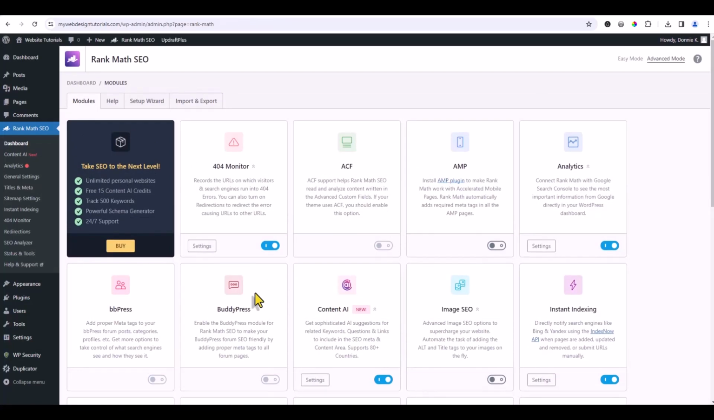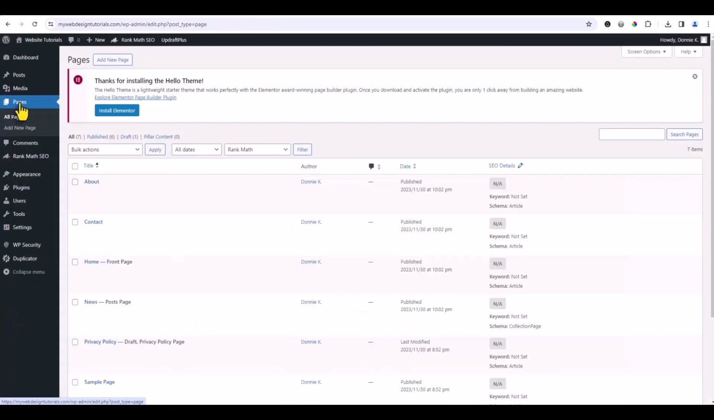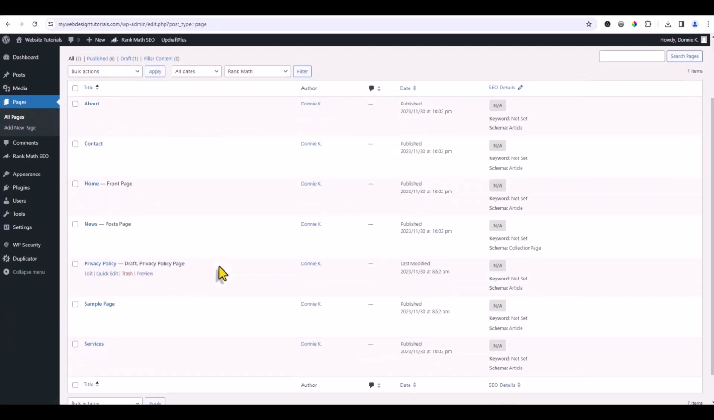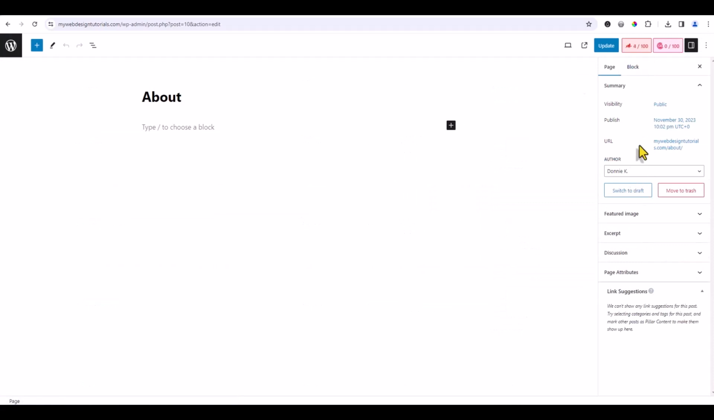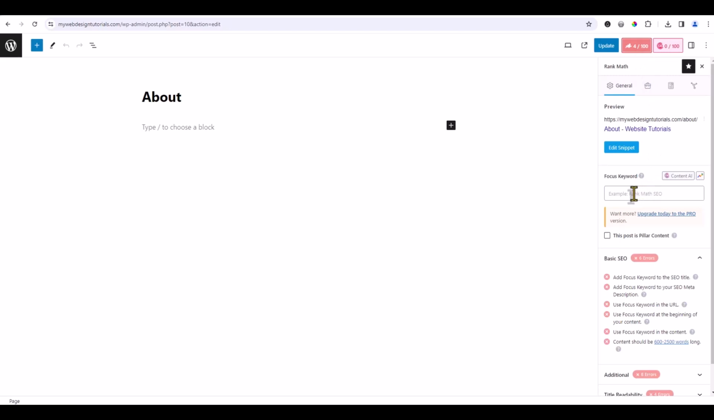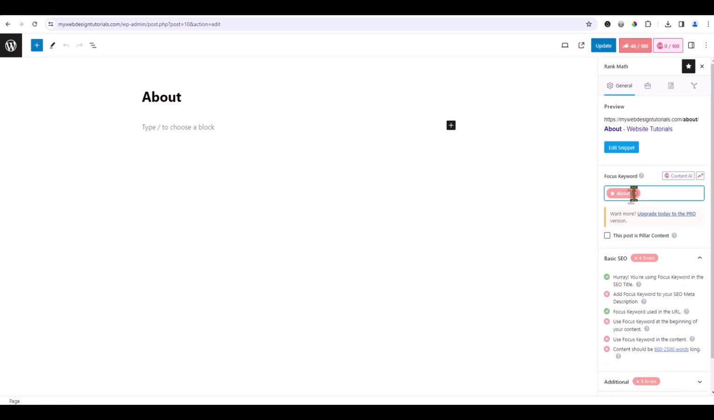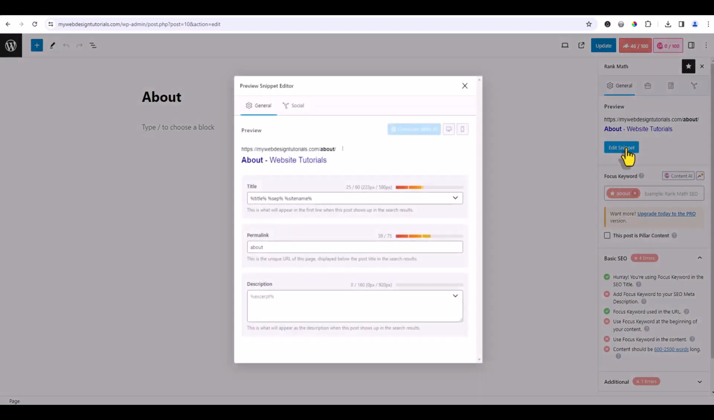Alright, so we got everything set up here. And what I love about Rank Math is it creates a score for you. So let's just go to one of these pages right here. Let's go to our About page. So what I do here is I click on this right here. There's Rank Math. And it allows me to put my focus keyword. So let's just say my focus keyword is about, just as an example. Also allows me to edit